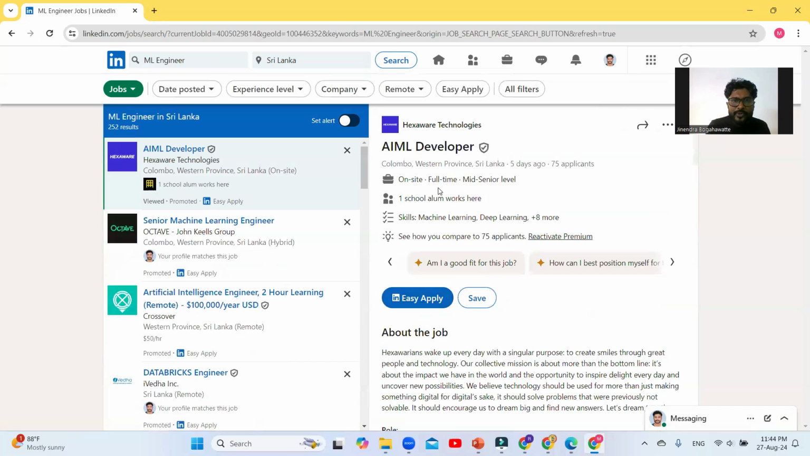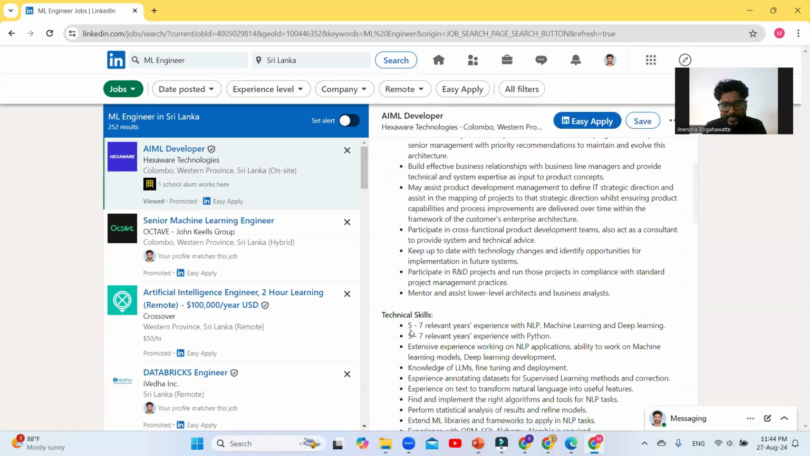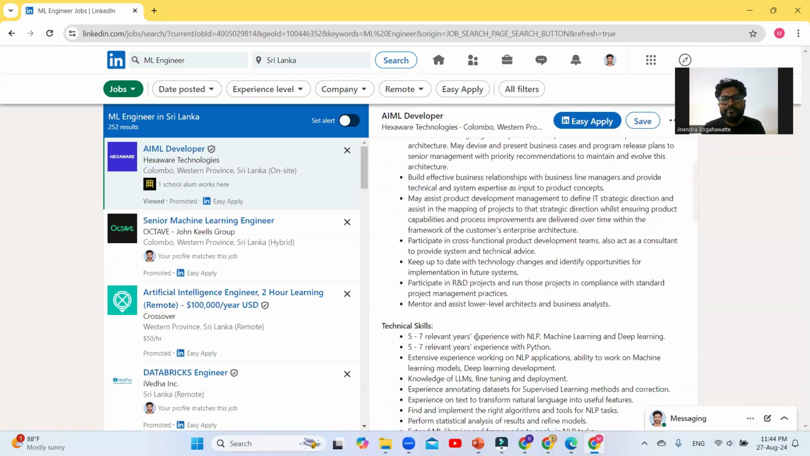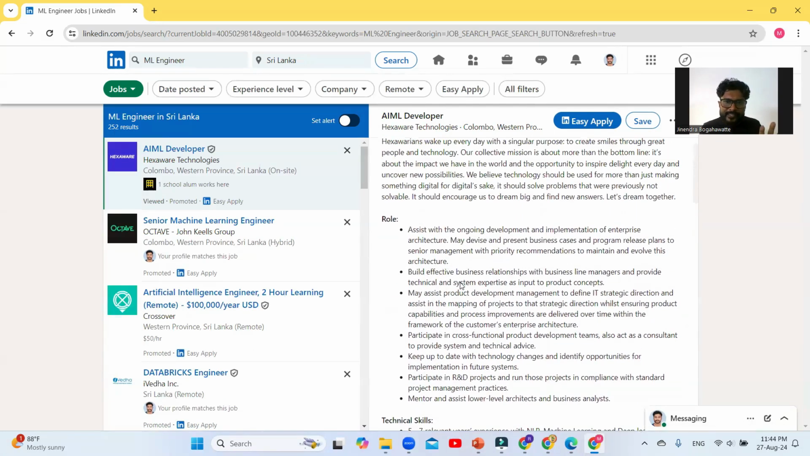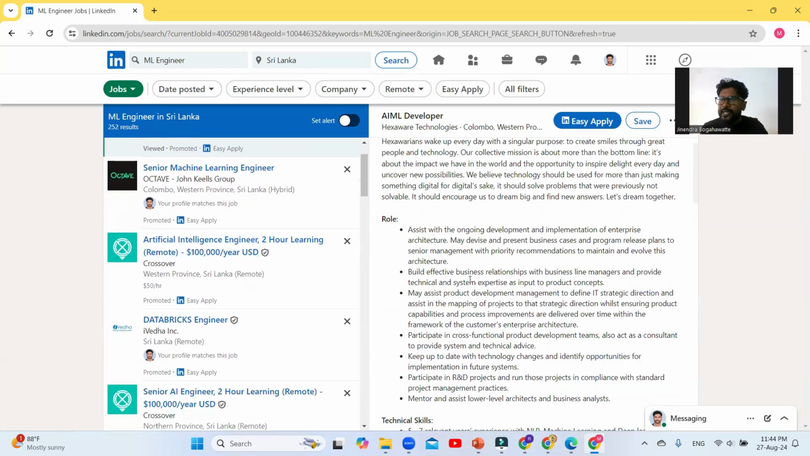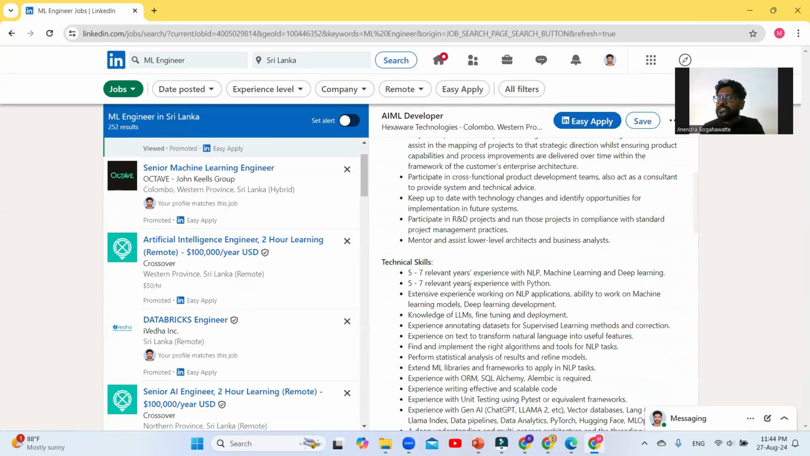Now, this is also a high standard thing, because I believe the technical skills they are requiring are 5 to 7 relevant years with NLP, natural language processing. But we'll see the role assists with ongoing development and implementation of enterprise architecture. This is also a high level job. So you can't apply for this type of high level job, because this is a job of 5 to 7 years of experience. But my